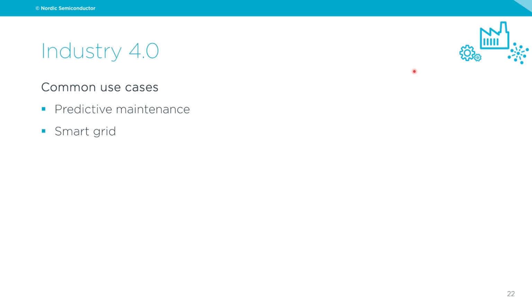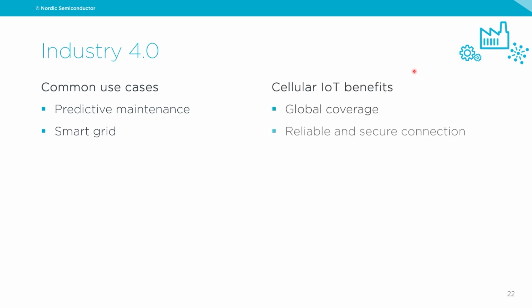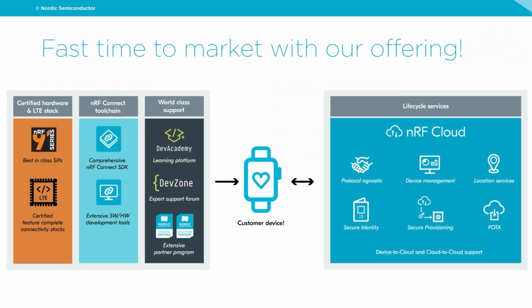Smart grid, grid balance. And then some of the benefits there: global coverage. The security piece is really important in the industrial setting. So you have reliability and secure connection between your devices and the internet. The scalability piece, that you can start with a pilot and then deploy more sensors over time without any issues, and being cost-effective solutions. So all that was, let's say, generic information about Cellular IoT.